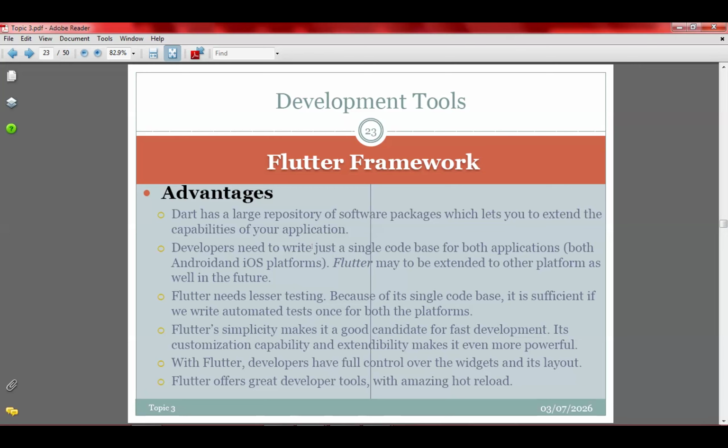So for example, if I am creating a mobile app and I need to do settings on my mobile app, I don't need to create a new icon or interface for the settings. The settings widget has already been created in Flutter. So I just deploy it and use it because it is an API.